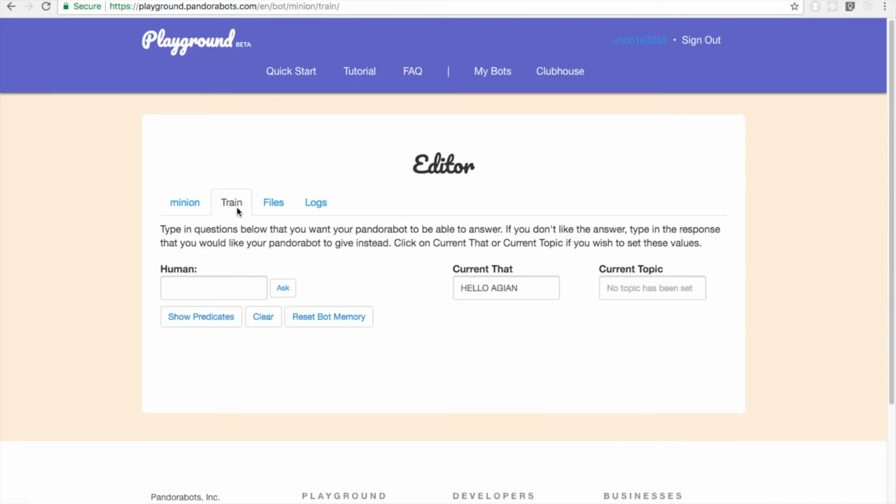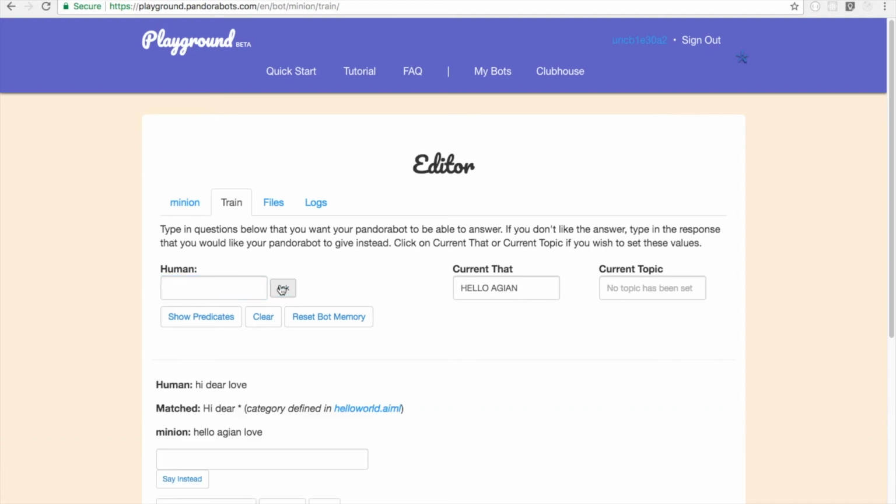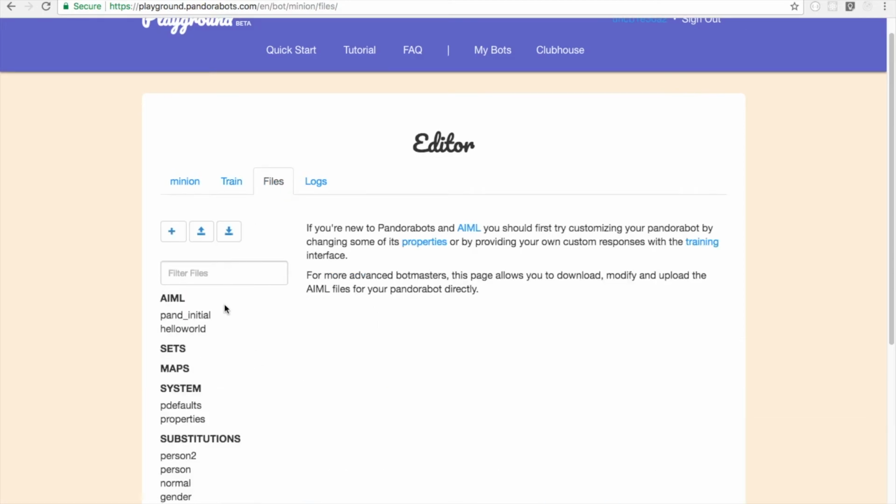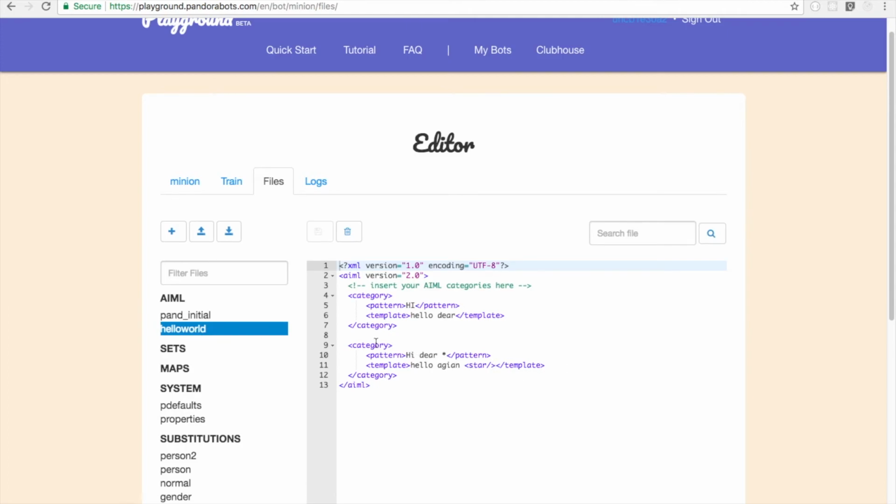It ran. Let's do a train. So hi, dear, love, and ask. It says hello again, love. So whatever word I gave after the string hi dear, it renders back to me. So the basic functionality of the star is echoing back. What is happening here is an echo.